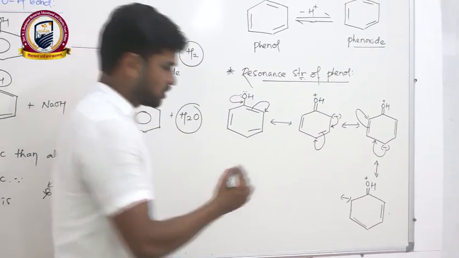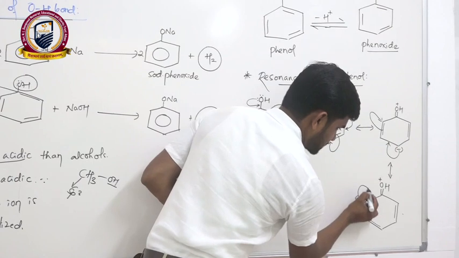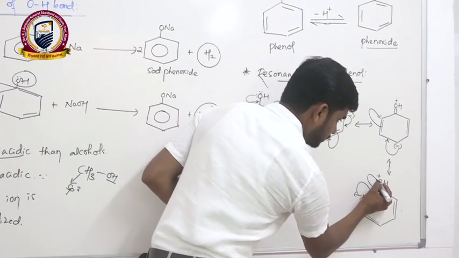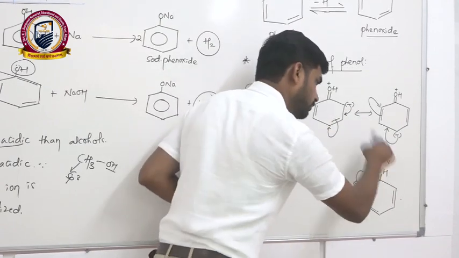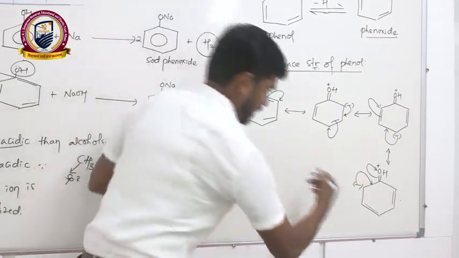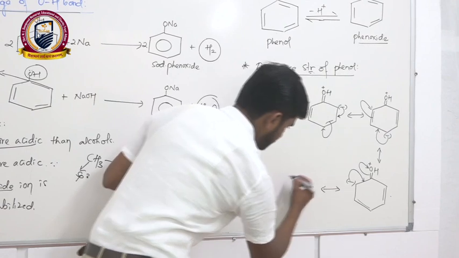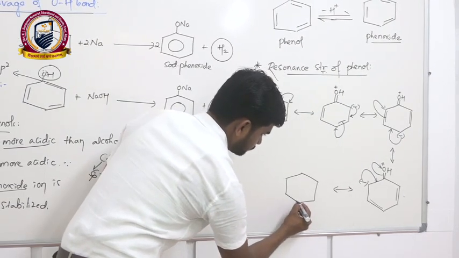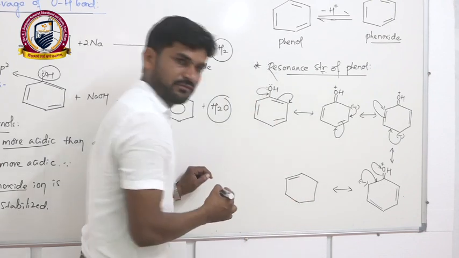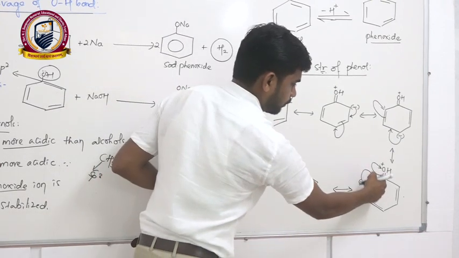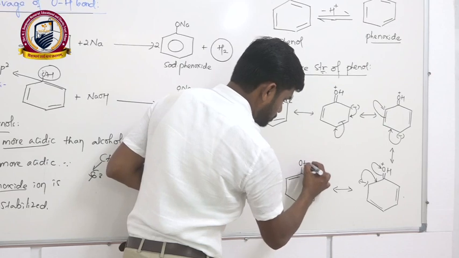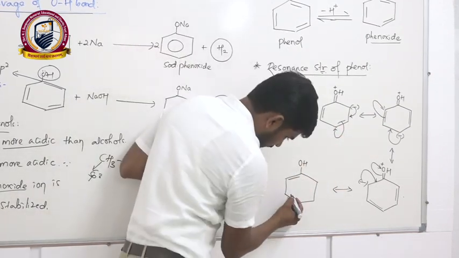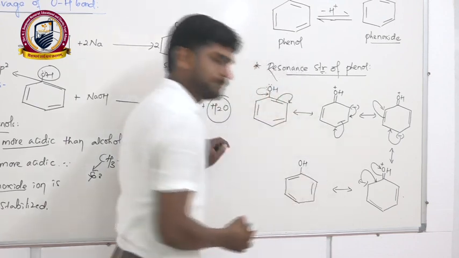Similarly, the next structure will be: this negative charge makes a bond, and this double bond will be given to the oxygen, so there will be a reduction of that positive charge. The next structure will be: here formation of a double bond. So here the double bond breaks, becomes a single bond, OH, and the positive charge will be reduced by the acceptance of electrons, and here the double bond, right?